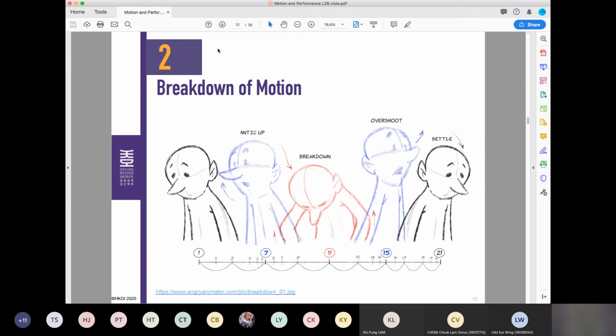For example, maybe the character is really sad, is crying, and then maybe you draw different options of the breakdown, and then you can select which one is the